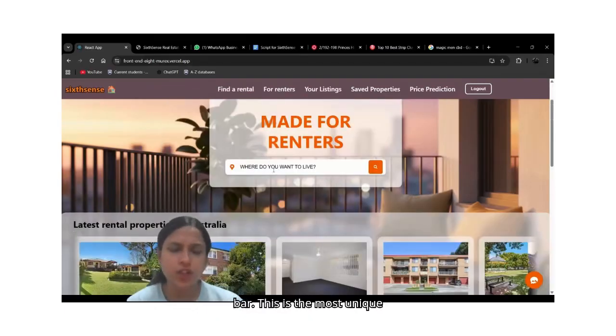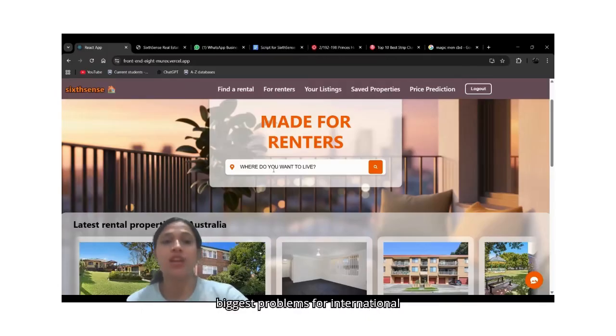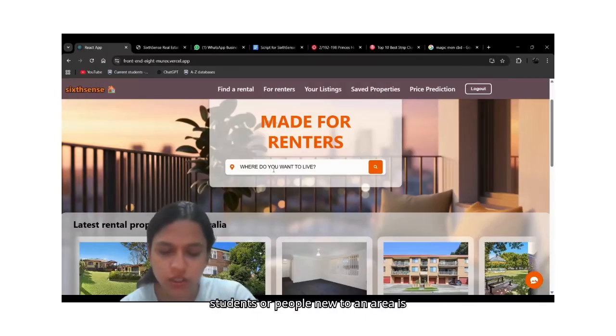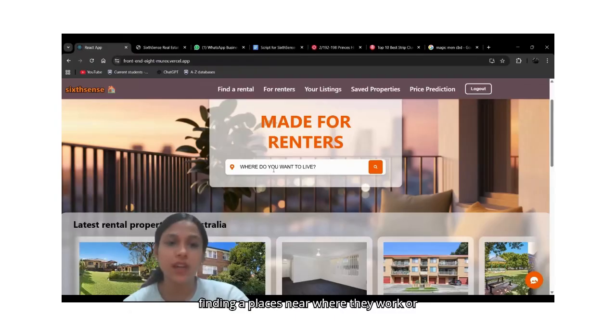This is the most unique feature of our platform. Unlike any existing real estate website, our search bar uses NLP, natural language processing, to understand human language. One of the biggest problems for international students or people new to an area is finding places near where they work or study. Most websites don't let you search like that, but here you can simply type something like